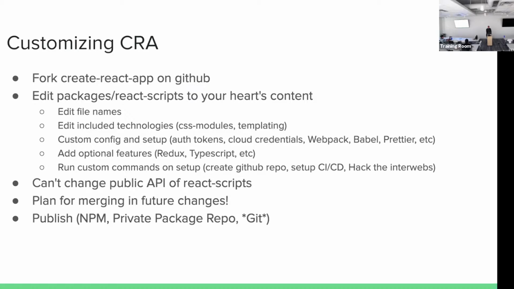So when you're done, you can actually publish this to NPM, and then you have your own customized Create React App anywhere you want. You can do this from a private Git repo. You can even do this with a file. So if your company has a vision of what we want our React apps to look like, you can fork this for your company, make it a private repo, and no one can access it but you. You don't have to be worried if you're putting in credentials, or maybe you want to sync AWS tokens to your project so you can access your APIs or whatever. Those can all live in here, and it can still be private, and that's totally